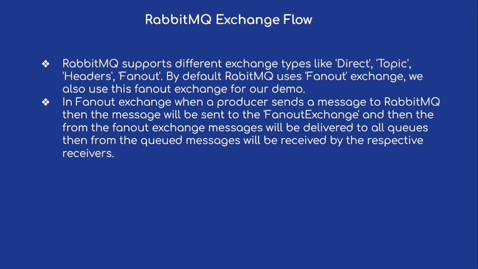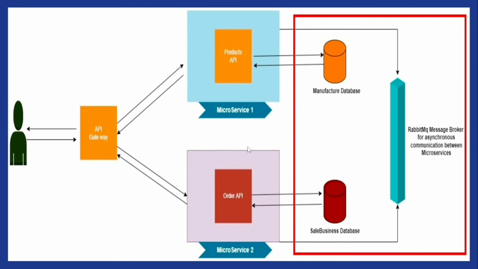We know that it has several types of exchange flows, so let's understand them. RabbitMQ supports different exchange types like direct, topic, headers, and fanout. By default, RabbitMQ uses the fanout exchange, and we are going to use the same fanout exchange in our demo as well. In a fanout exchange, whenever a producer sends a message, and in our application the producer is our products API endpoint,